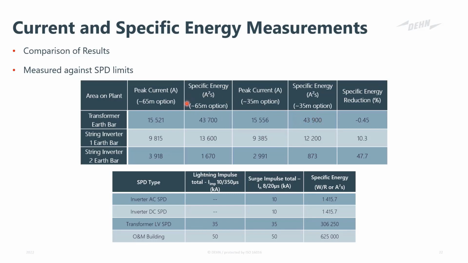If we look at the option of going 65 meters away with earthing meshes, and we increase the mesh size, double the mesh size basically, you can see that even further away, string inverter 2 was still overstressed in terms of the limit on what we can expect. So there's a little bit of a trade-off there. You can either go for type 1 SPDs, they can take more specific energy, or you would have to increase the amount of earthing that you have to make sure that the type 2s inside the inverter will not be